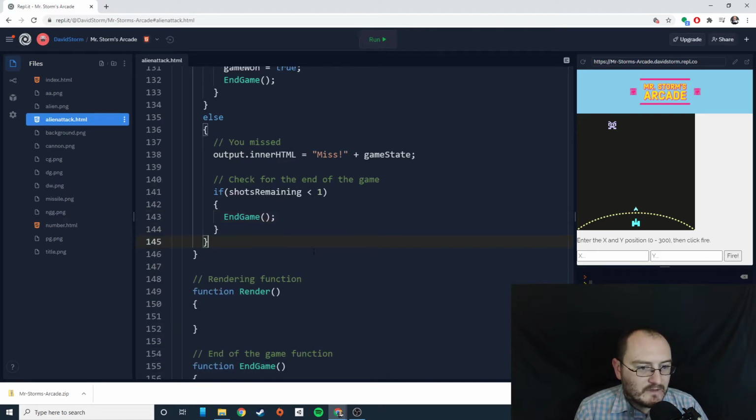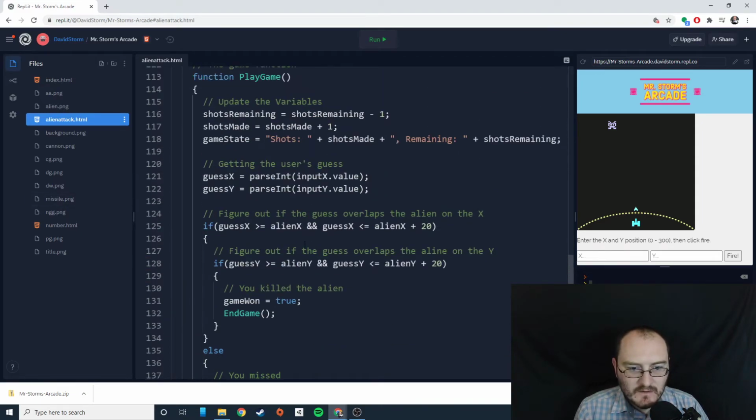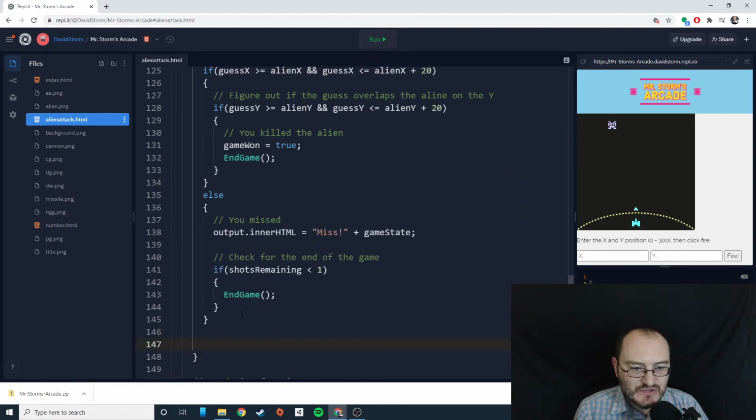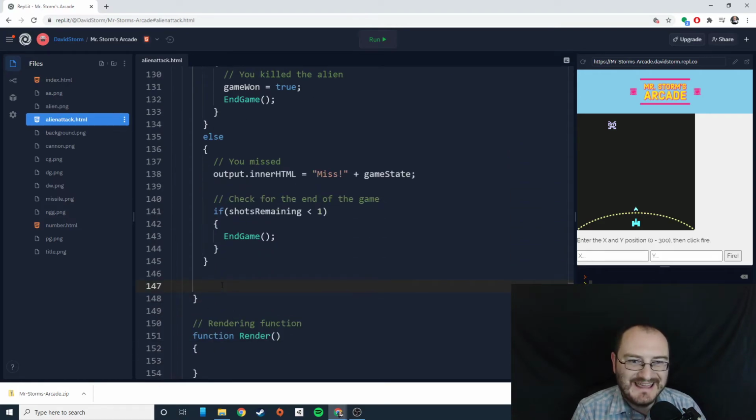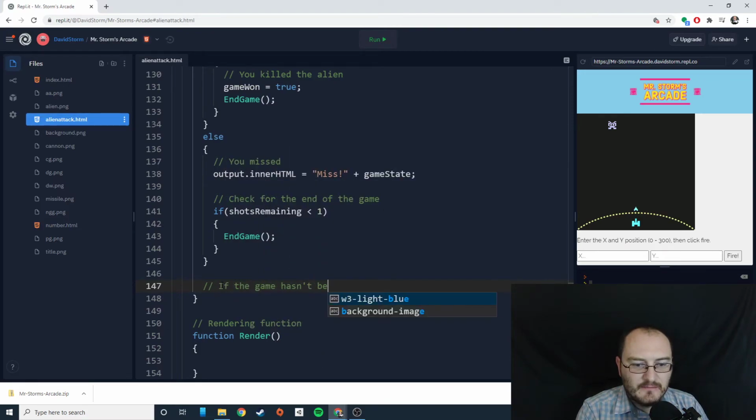Now, let's say we haven't won the game. So the game 1 hasn't turned into true, right? So now we need to update the alien's position so that our render method can take those new positional values and change where it goes. So let's say if the game hasn't been won,